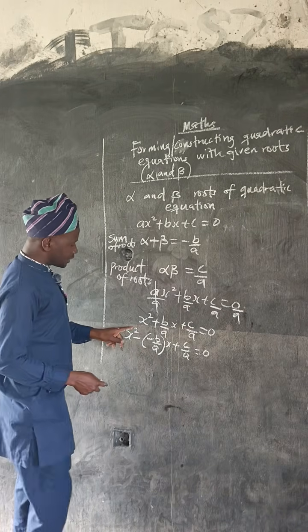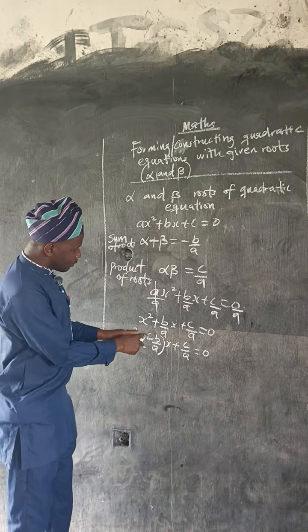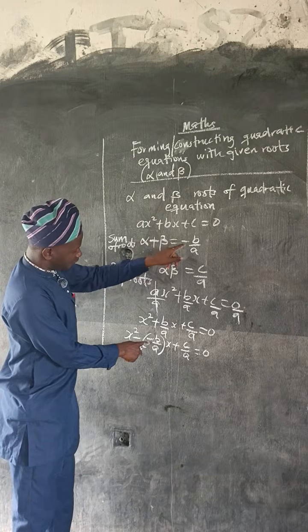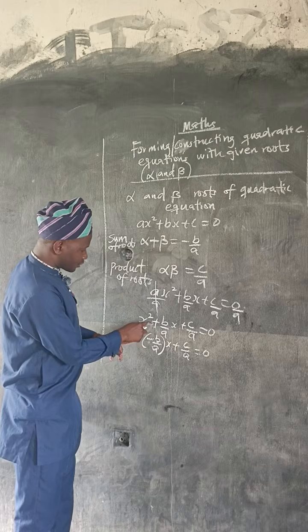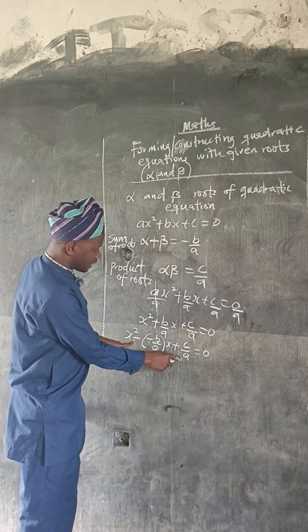Now the next thing is that we have this one left. Then we want to introduce that we can have minus b over a here. So that's why we introduce minus, and minus by minus will give us plus. Then we have c over a. This implies